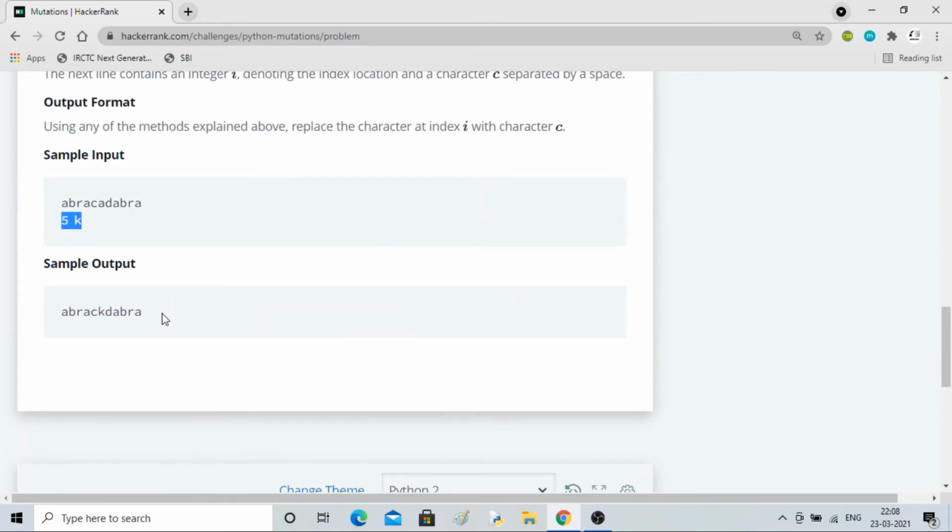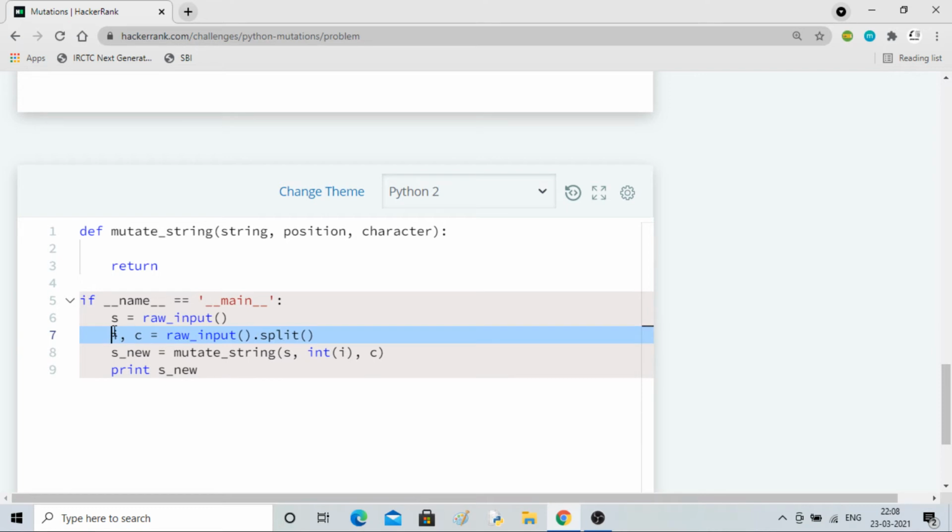So 5 and k are stored in i and c. Then the mutate string function has been called, and s, int i and c are passed to this function. Then we have to return some value and it will print s new. This piece of code you can't change, so I'll keep it as it is. I just wanted to see what all things are given to us.